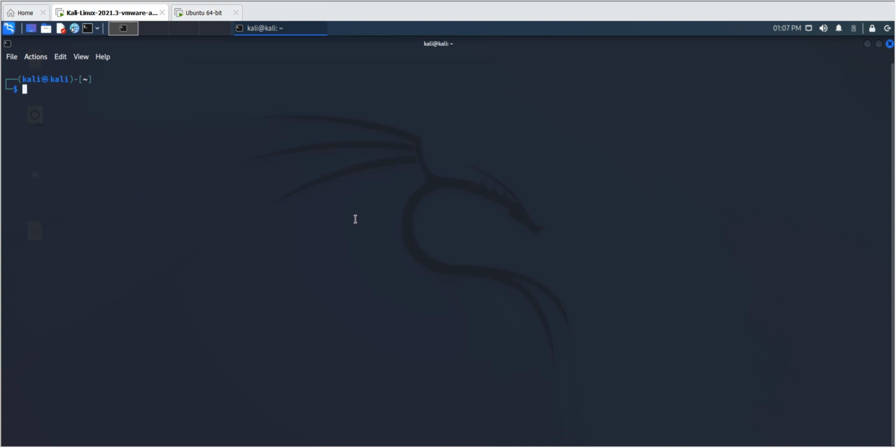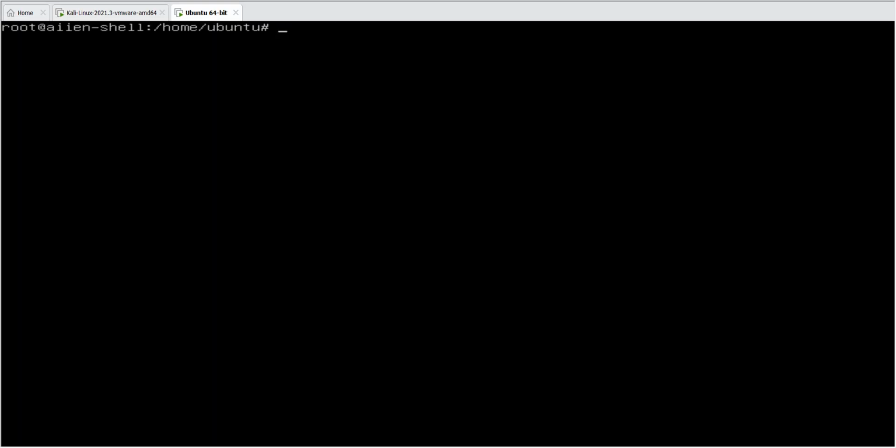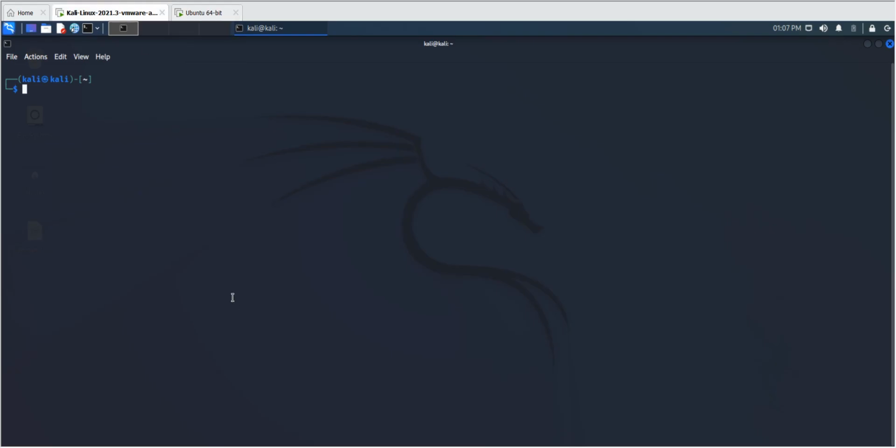Okay, for example, here I have the Ubuntu system, and I want to connect to the Linux, the Kali operating system, but I don't want to use the SSH connection. I just want to use the nc command instead. So that's why I'm using nc listening from here. So nc -l -v, just the same command as before, then the IP address, which port you want to use, 007, then -e /bin/bash. So I want to listen on this bash